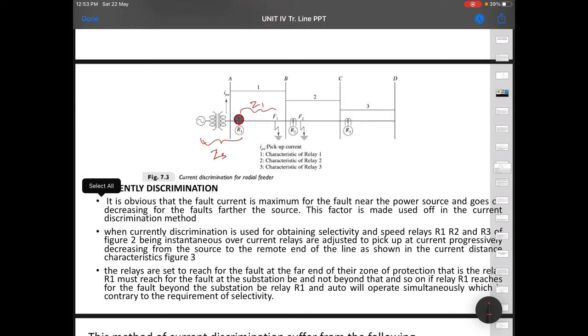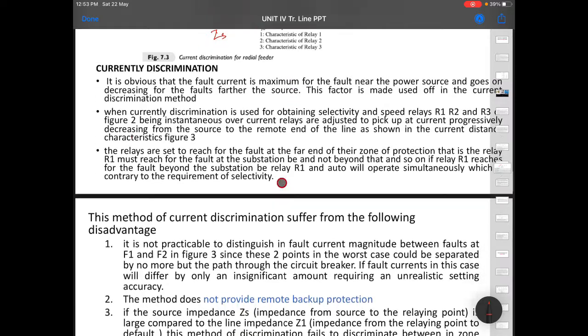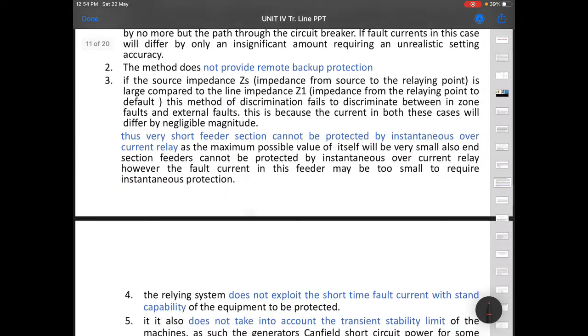The current here would not vary much, because the line impedance is very small compared to this. Due to only current discrimination, it is difficult to have current sensitivity. The current here and here is almost the same, so you cannot expect relays which can sense such a small, negligible variation in current. That point is explained here.